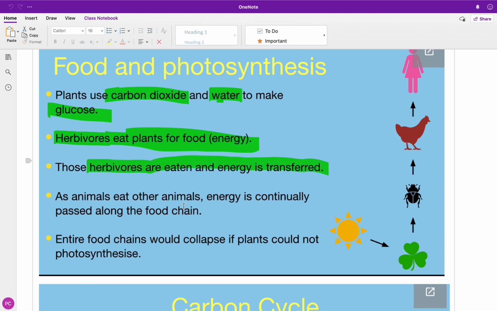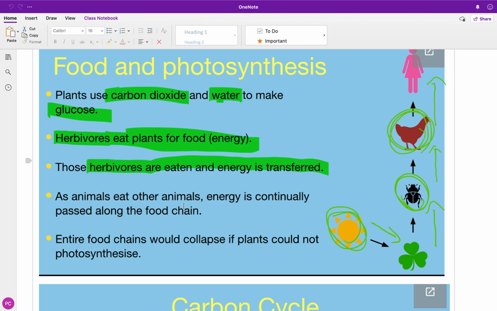If we look at the path of energy, it all starts at the sun. The light then goes into the plant. The plant is eaten by an animal that eats plants. And that animal is eaten by an animal that eats animals. And that animal is eaten by an animal that eats animals. So you think, if you're a chicken,